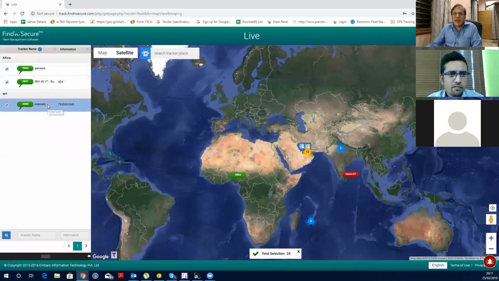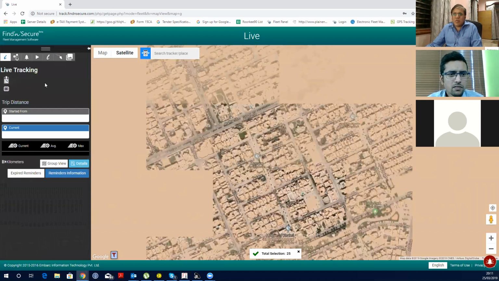So these 3 vehicles are moving right now, rest of those are stationary. Now out of these 3 vehicles, let me select any one vehicle. So I select the second one. So as I click on the second vehicle,